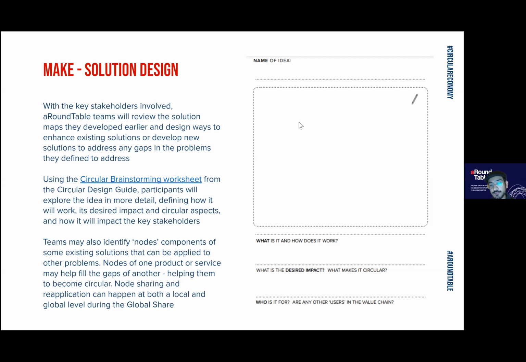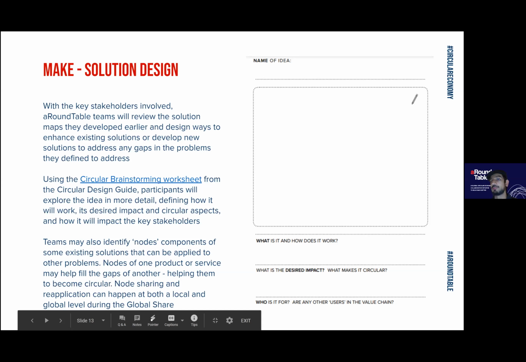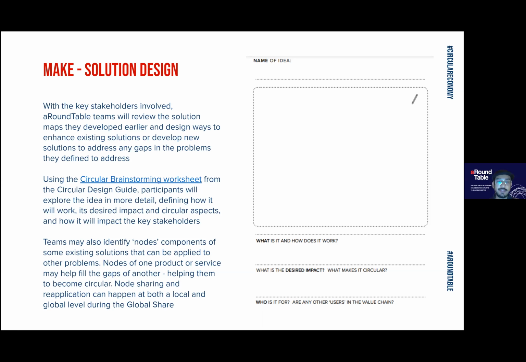And it's also possible to think about, for example, how to use existing solutions or parts of existing solutions. It could be that a key gap or a key problem can be addressed by bringing together multiple aspects in a new or novel way. So those are some of the things that teams will try to explore in order to see how to create more effective solutions for their communities.